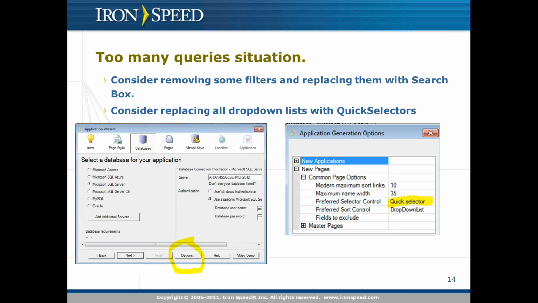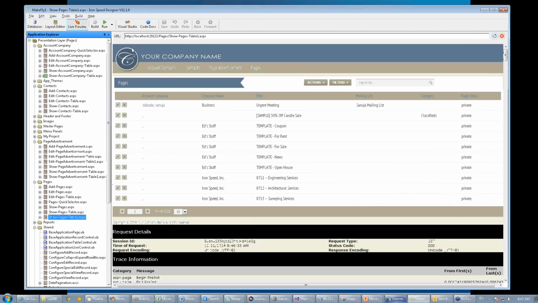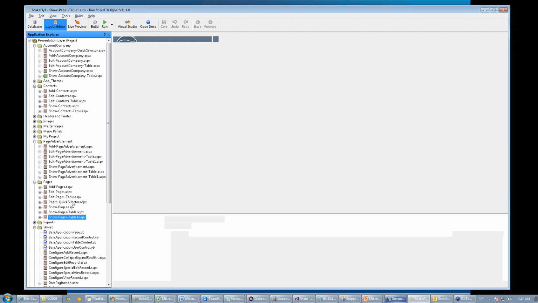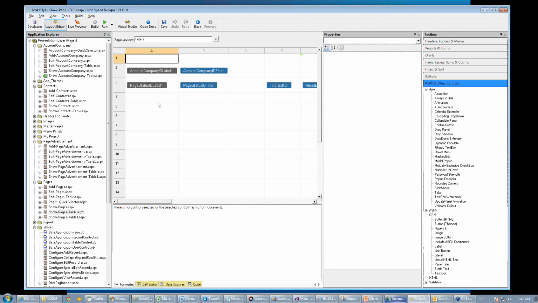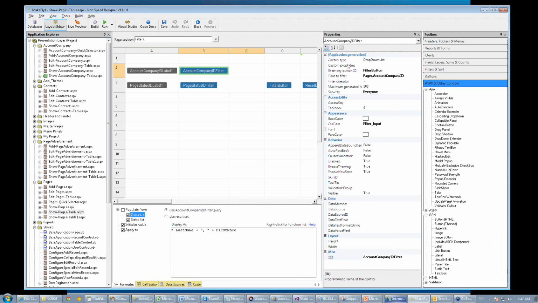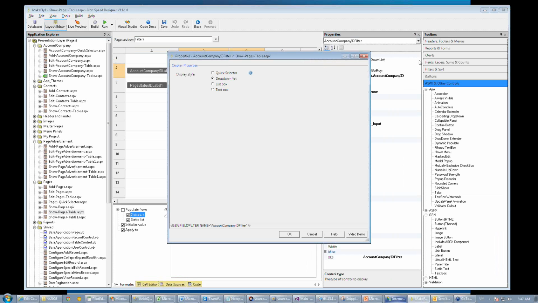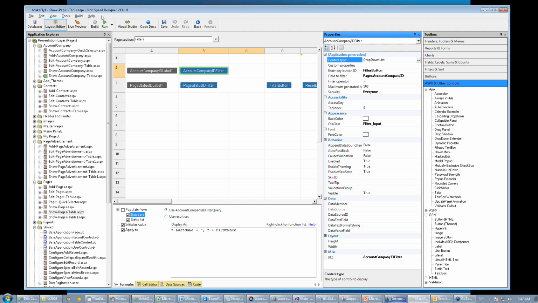So how to change a control to quick selector? Let me just show it quickly. You have three different ways. Either you select the particular control and change the control type right here, that's one way, or when you build your page from the application wizard,